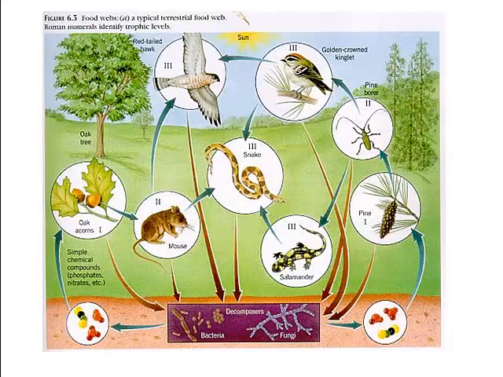So here we've got a typical food web. Okay, so our producers in this case, we have an oak tree and we have some pine. Okay, so those are our main producers. And you can see like the pine borer is going to eat the pine, so it's going to get its energy from there. And then that golden crown kinglet is going to eat the pine borer. Okay, but